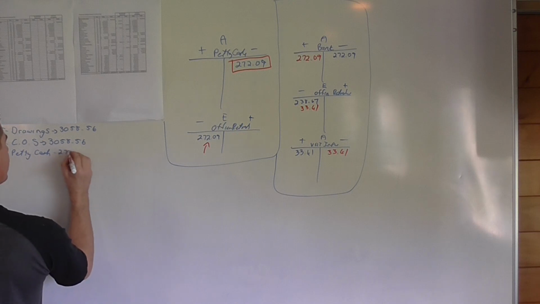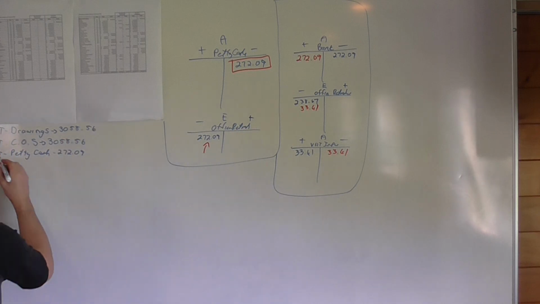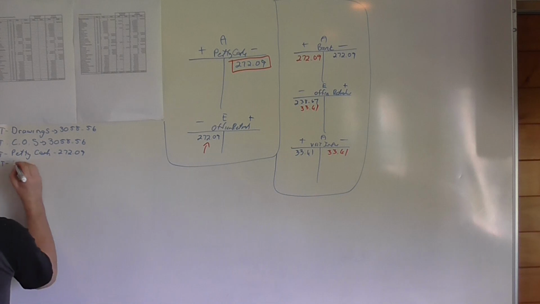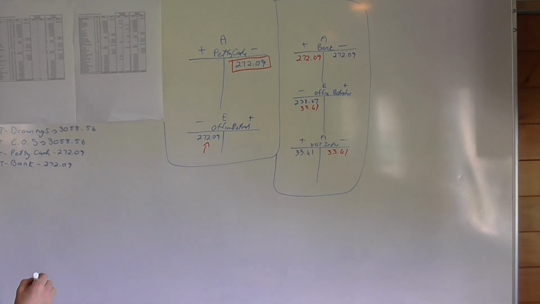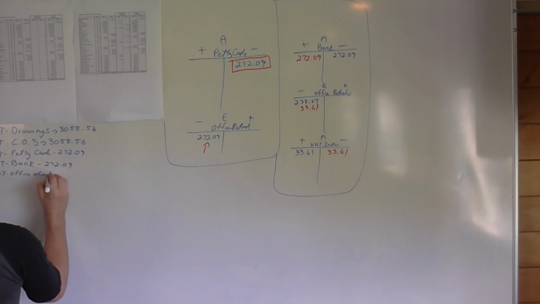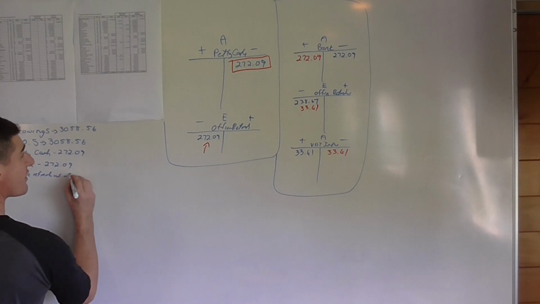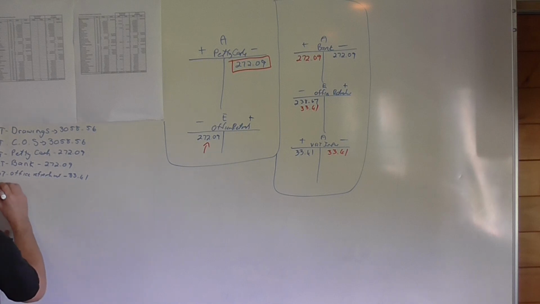with 272.09. You need to debit bank with 272.09. You need to debit office refreshments with only the VAT amount, 3.41, and then your VAT, you need to credit VAT input,